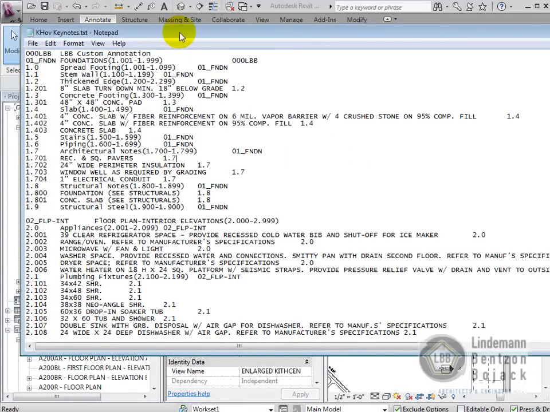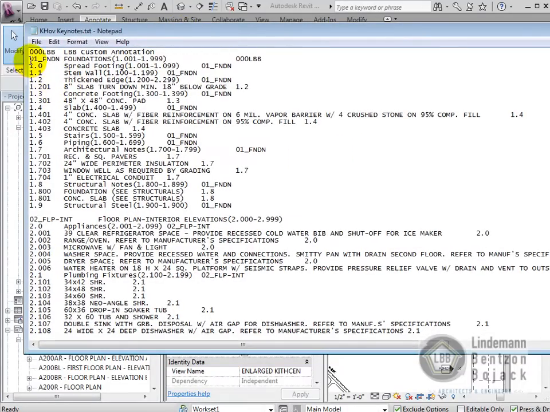So now I have that Keynote file open and we can see what it looks like. So here's my main sections. So 01 underscore foundation, and it has the main number there. At the end, notice it says 00 LBB. That's my top heading. So at the end of the line, you have your subheading. So spread footing is under foundations. So that's why this line item has the 01 foundation, because it's a subheading